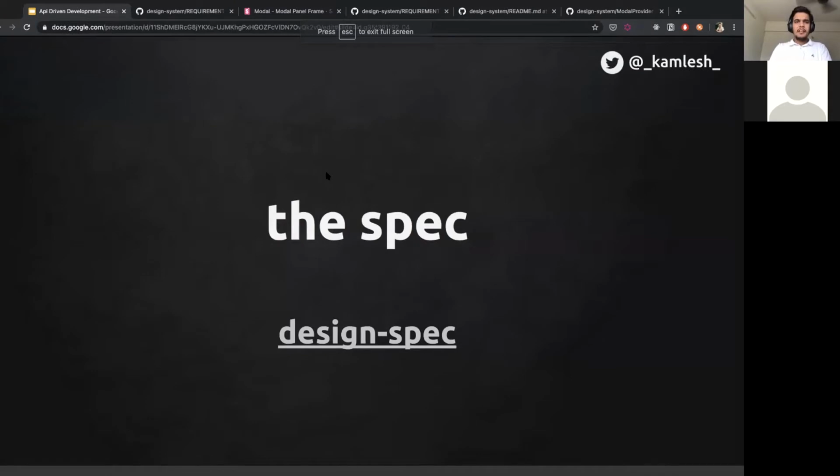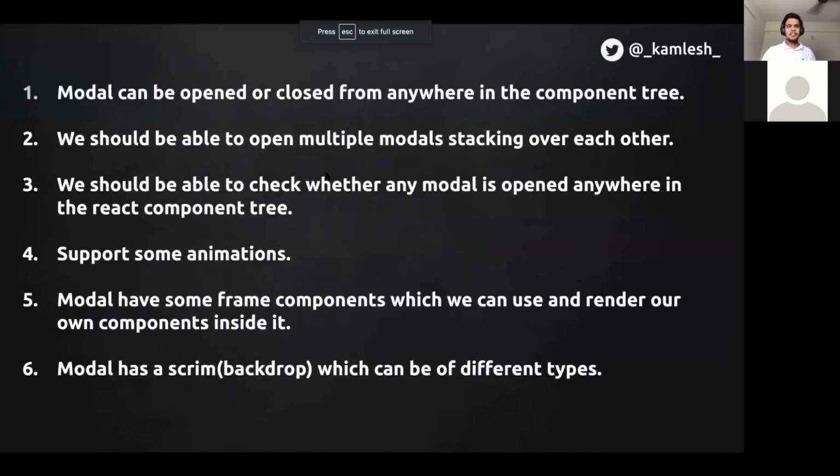Now if I have to derive a gist out of it, modal can be opened or closed from anywhere in the component tree. We should be able to open multiple modals, which is, we should be able to stack modals on top of each other. We should support some animations. Modals have frame components, which could be card or panel.